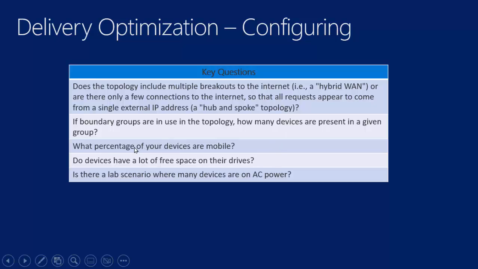What percentage of your devices are mobile? Right? That's a very key thing just to understand, kind of the configuration, what you're going to do. One of the things that comes out of that I think about when I think about that scenario, we just came out of COVID as I record this, what is your remote workforce scenario? Right? You could configure things so that even remote workers at home are participating in delivery optimization, have a group ID, etc. You don't want to do that because there's absolutely no advantage